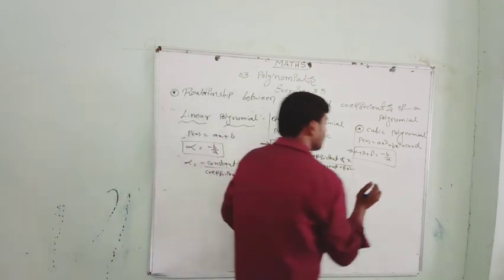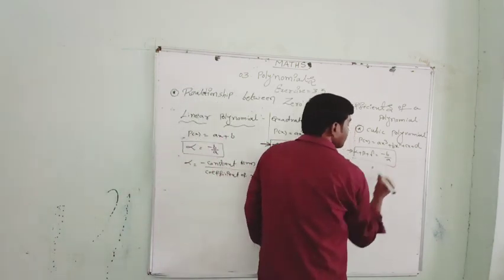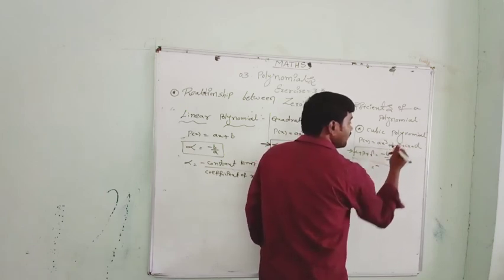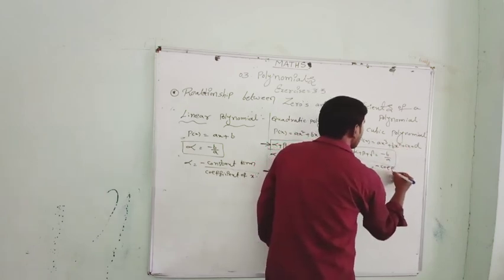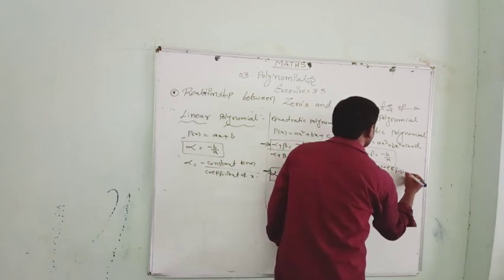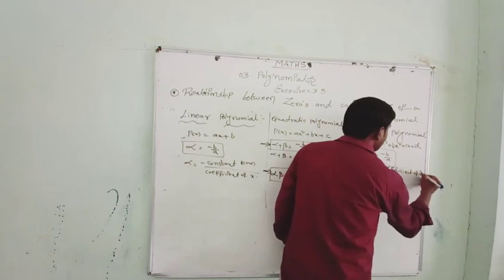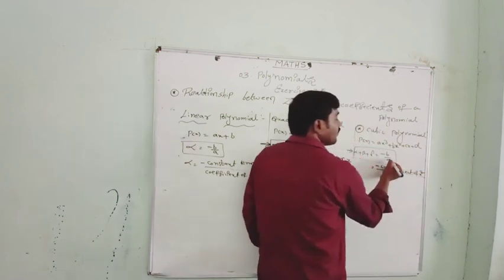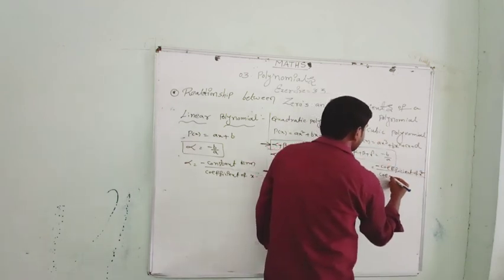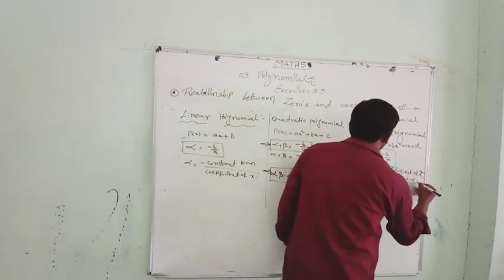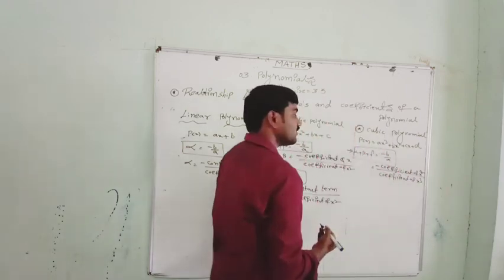So now you might have got an idea. What is here? Minus b in the sense here b is nothing but the coefficient of x square. Coefficient of x square by coefficient of x cube. Yes. Next,